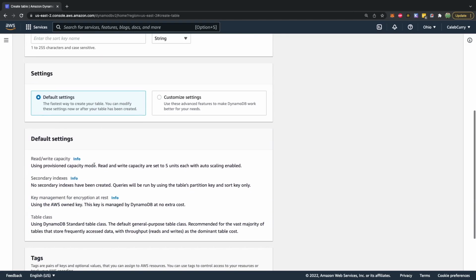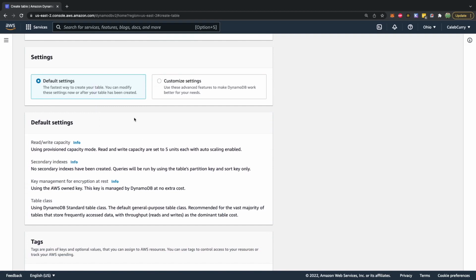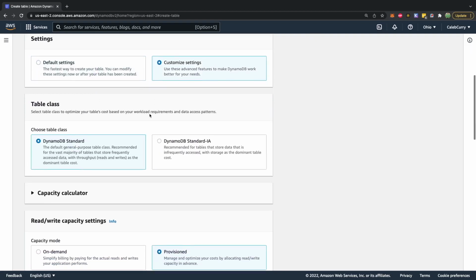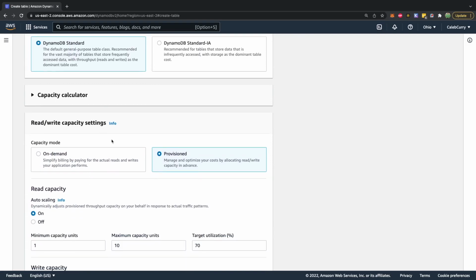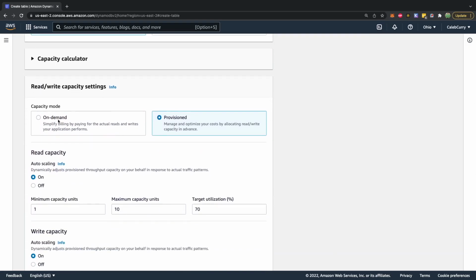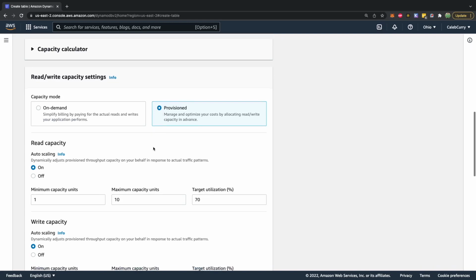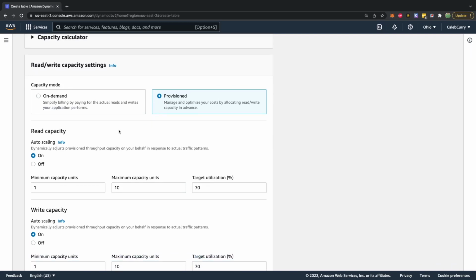But what I do want to do is go through here and look at some of these settings. So we'll just go with customize settings. And for the read write capacity settings, you can go to on demand if you just want it to automatically charge you for whatever reads and writes happen. Or you can provision a certain amount of read-write capacity in advance. Which one you choose is up to you. For financial protection, I would suggest going with provisioned because that allows you to prevent it from just charging you